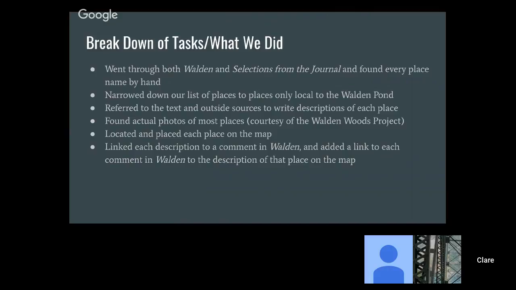At first, we went through Walden by hand and found places that we felt were important, mostly very local to Walden. Then afterwards, Dr. Schacht provided us with a list of about 300 places that are the entirety of